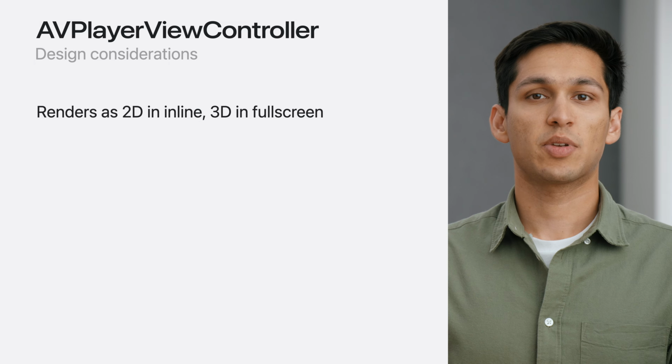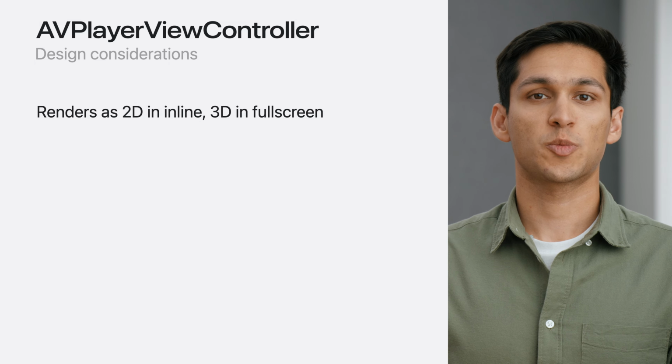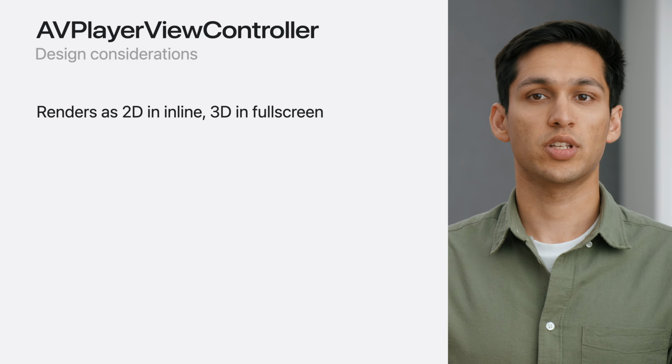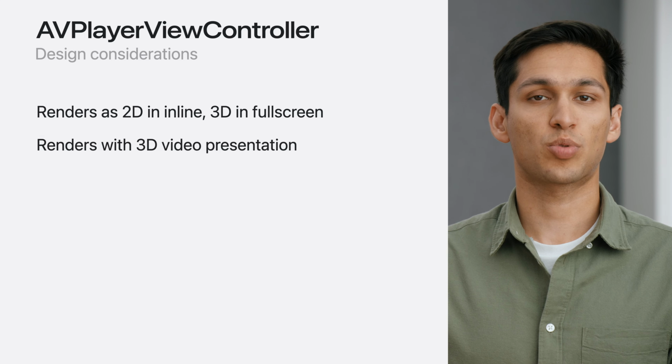There are a few things to keep in mind when using AVPlayerViewController with spatial video. The video only displays in 3D when it becomes full screen. In the inline presentation, it'll display as 2D. The easiest way to make content full screen is to size the AVPlayerViewController to match the frame of the window scene. Note that even in full screen, AVPlayerViewController will use the 3D video presentation,